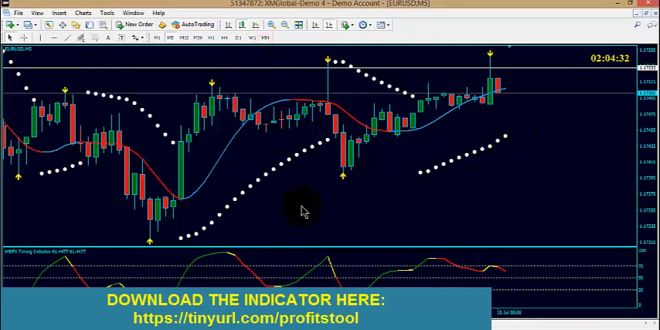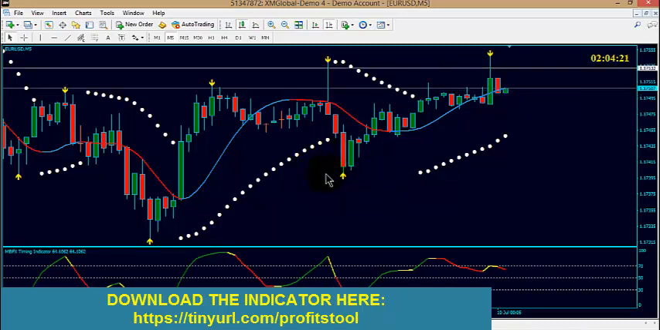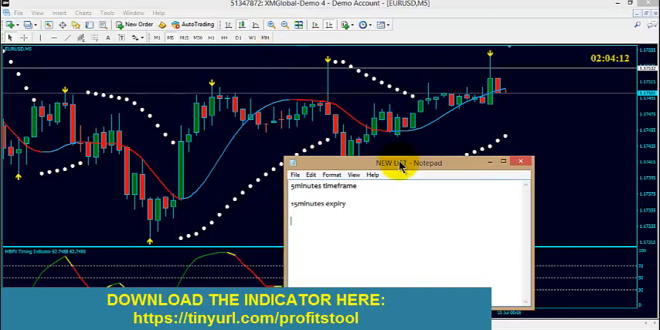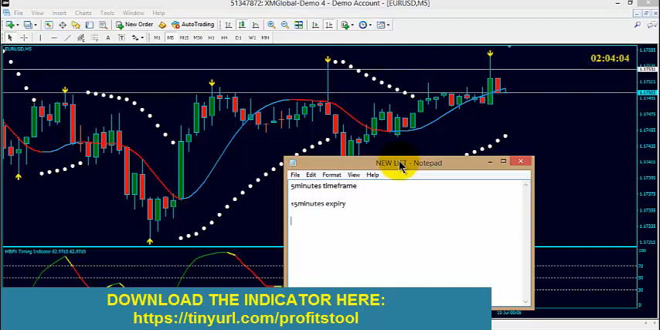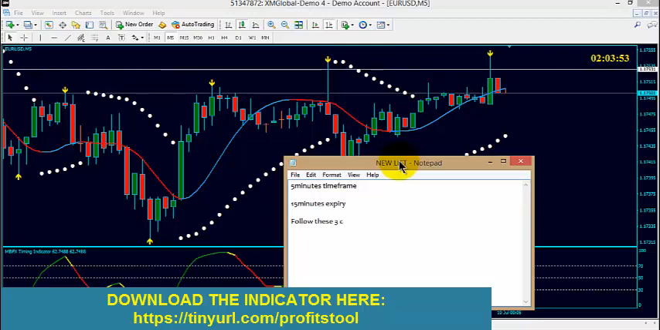So now let me quickly explain how it works. You don't really follow the arrow, but the arrow must come up first. Okay, this is how it works. This is our signal, the right signal. So the right signal is in three conditions. We have three conditions. Follow these three conditions